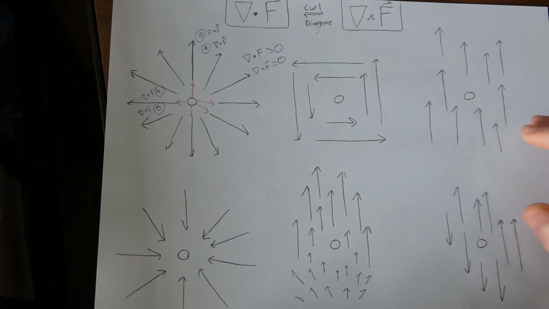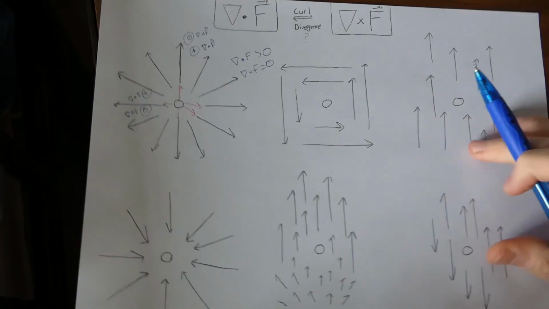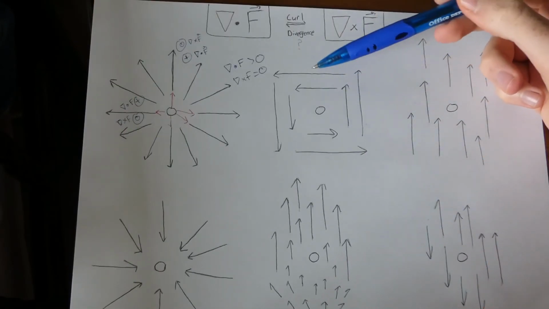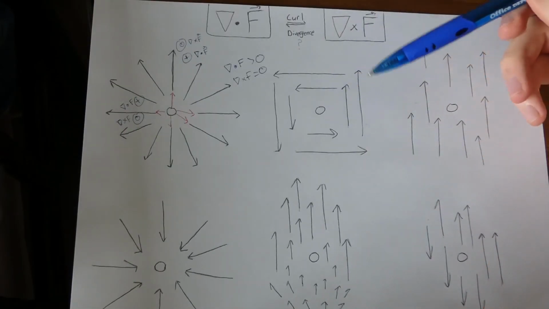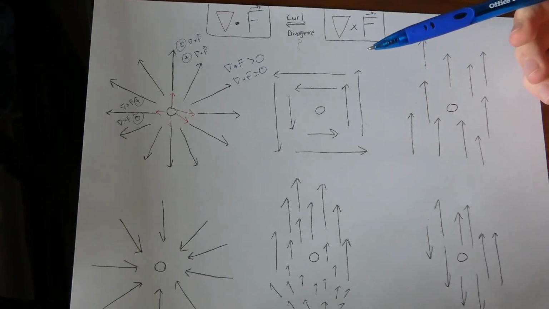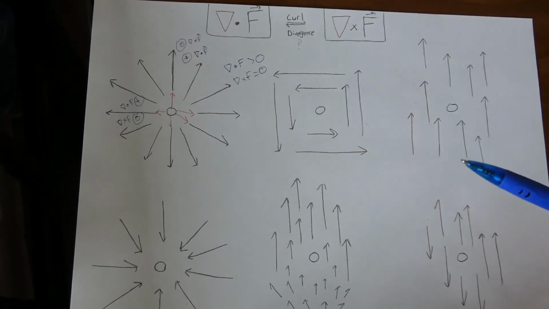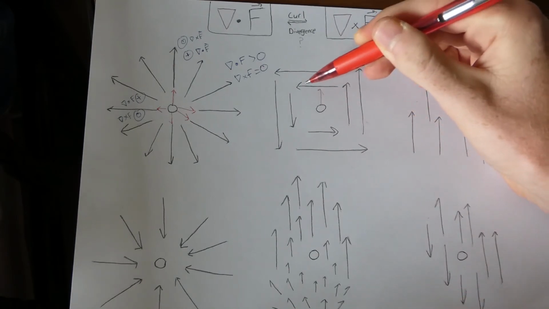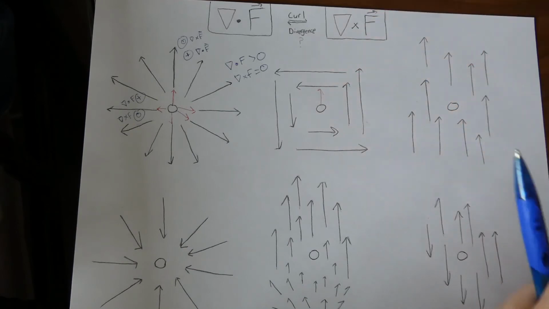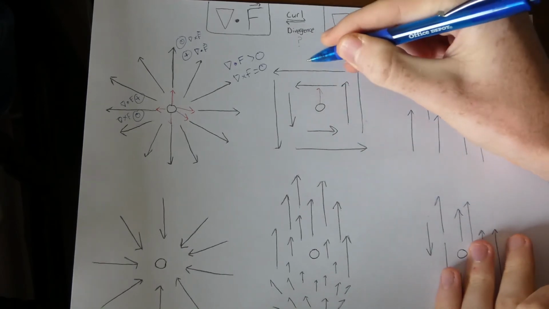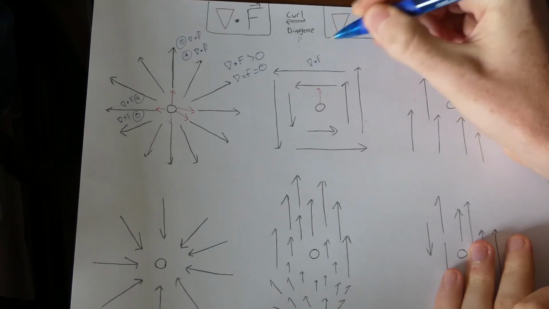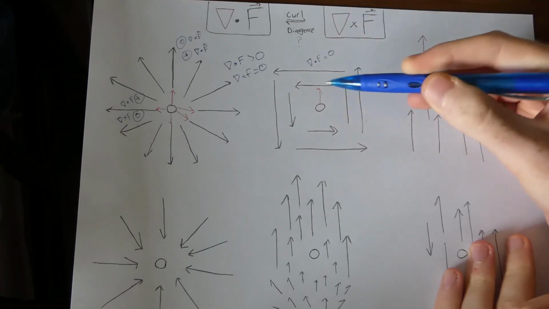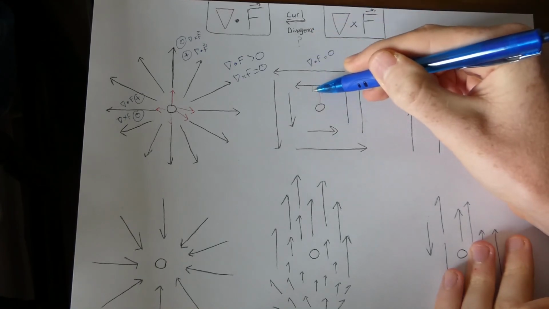Now, to see the same thing in curl, here's an extreme example of curl. And so we'd expect that del dot f would be 0 since there's no divergence, but del cross f should be positive. So let's do the same procedure. We take a little step, and here you can see we step to a vector that's perpendicular to the little step. So of course del dot f is going to be 0,